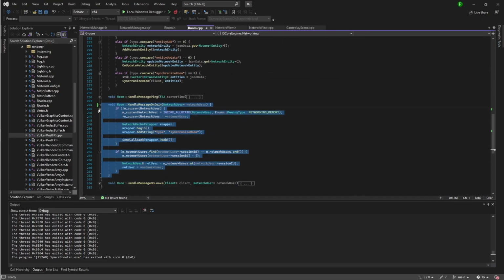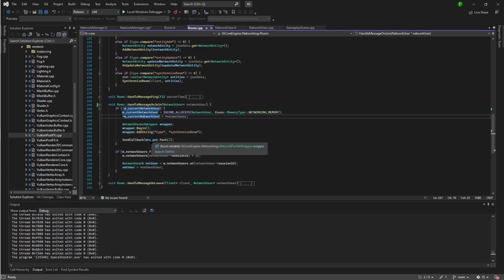And if this is the first time being called, the way that I handle it is that when you first join the room, you're going to be the first one calling this function, message on join. So you're always going to be first. And if you haven't been created, it's the first time you create your network user object, and then send a packet to the server to say, hey, synchronize the room. And what this synchronize the room does